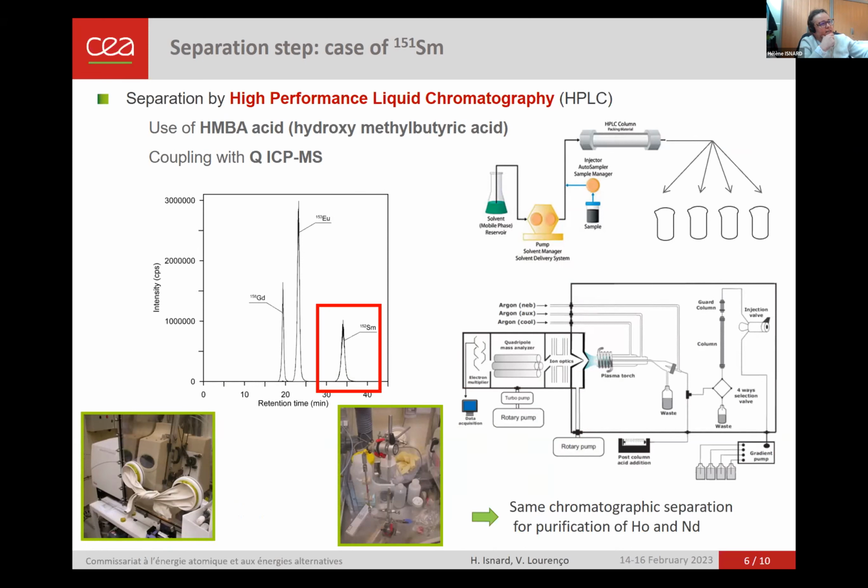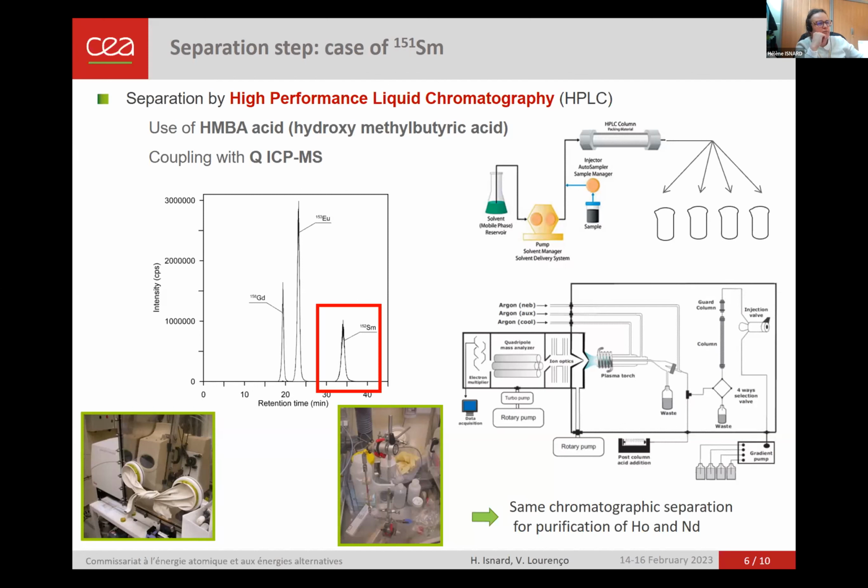We can see on the left of my slide the separation of gadolinium, europium, and samarium in the targets. And we can see the very good selectivity of the separation. After purification, we can recuperate the samarium fraction, and we have checked by quadrupole ICP-MS the purity of the fraction for mass spec measurements, and the LNHB has checked the purity